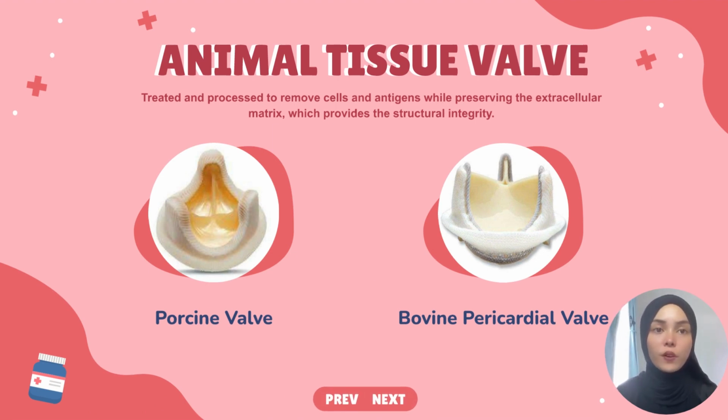An animal tissue valve is a special replacement valve made from the heart of animal like pigs or cow. It is used when a person's heart valve is not working well. The animal tissue is treated and processed to remove cells and antigen while preserving the extracellular matrix, which provides the